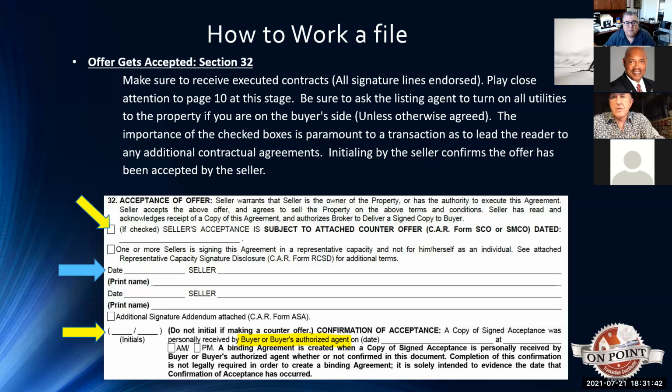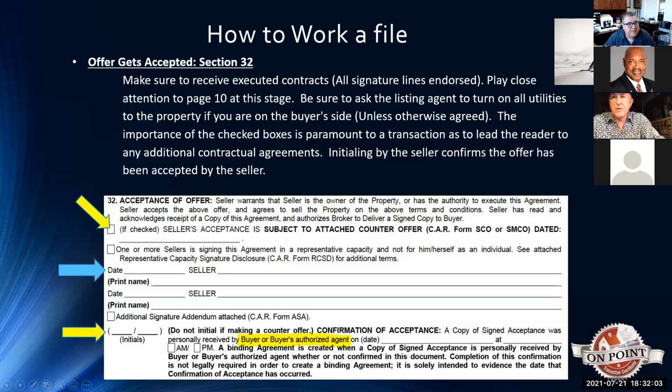Now, let's go down to the bottom yellow arrow. If there isn't a counteroffer and that top box is not checked, the buyer can authorize in this section here. Let me annotate, because I want to make sure you're catching on.